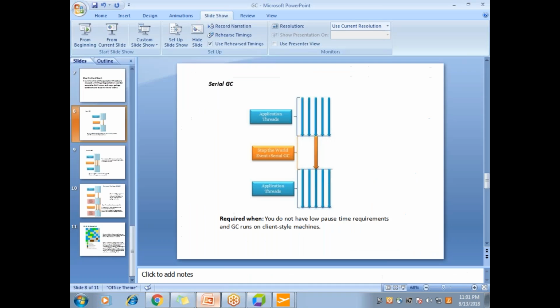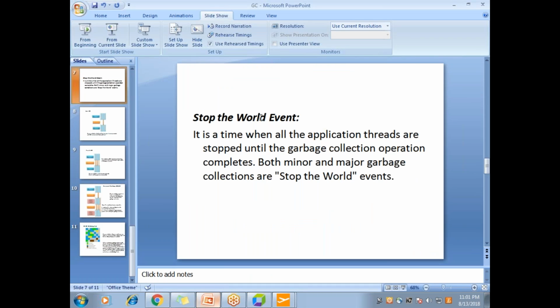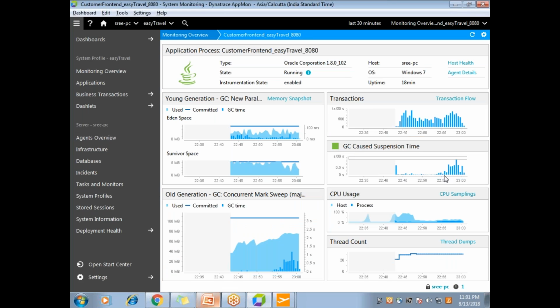I am giving it a guess that this is the stop the world event. This is the time for which it is suspended. And you see this is in the order of, let's see how much time it is. Can you see how many milliseconds? 658 milliseconds. 1000 milliseconds will make a second, right? So close to half a second is what the CPU completely paused and was not doing any of your application work, which I think is a little bit